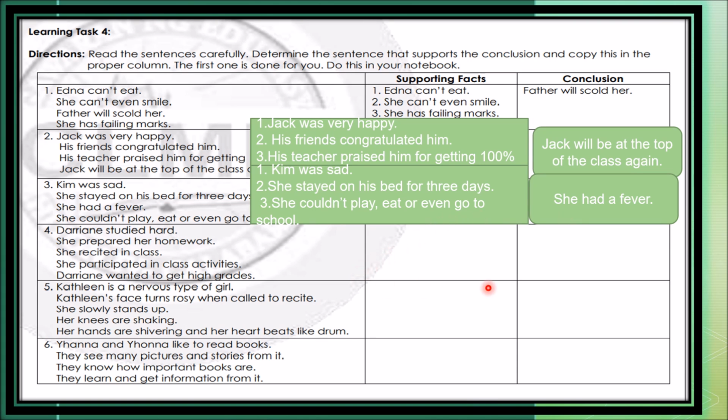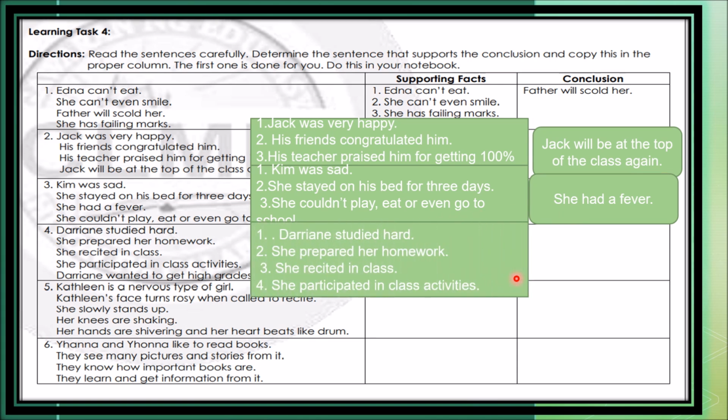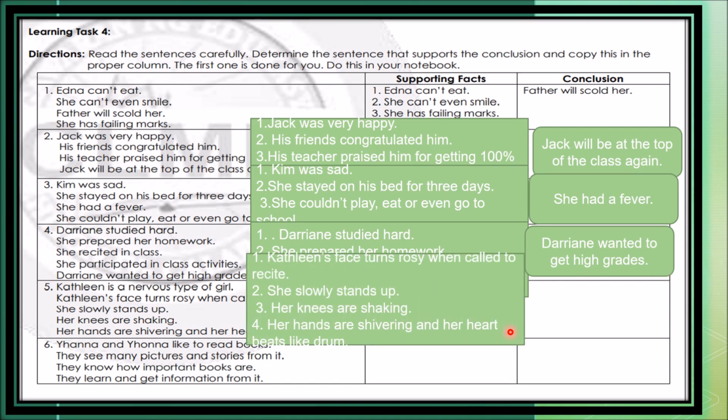Okay, number 4. What are the supporting facts? Darian studied hard, she prepared her homework, she recited in class, she participated in class activities. So what will be the conclusion? So the conclusion is Darian wanted to get high grades. Okay? Then, for number 5,